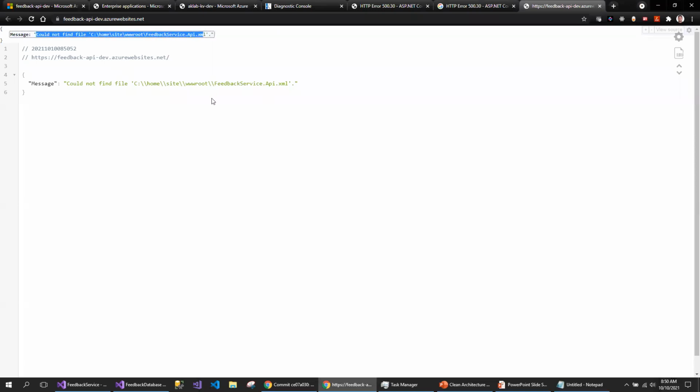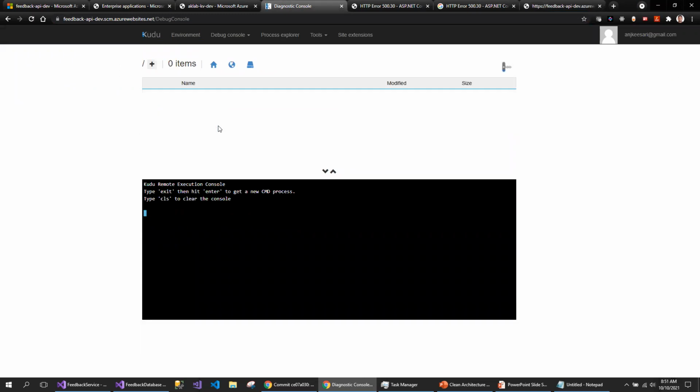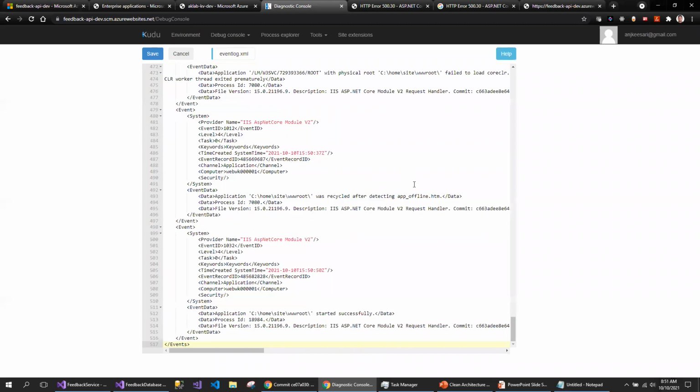Okay, now the service is running. This error is different. Since I'm getting this error, that means the service is running. Just to prove that the service is running, let's take a look at the log. I'm still getting the error, but this time this is 850, and I can see the service has started successfully. So we need to deal with this error.